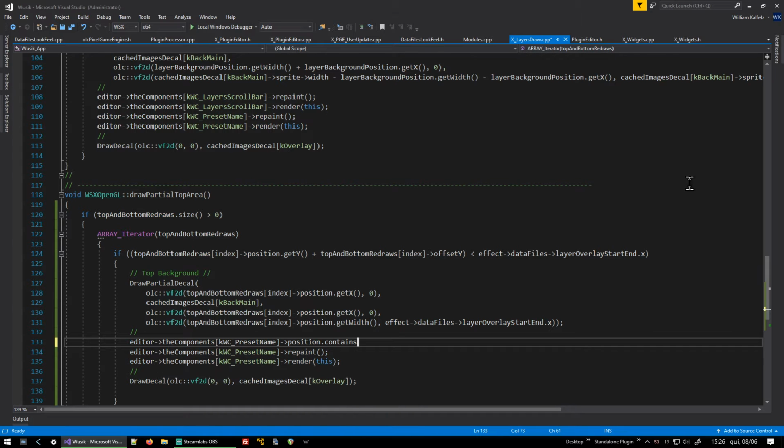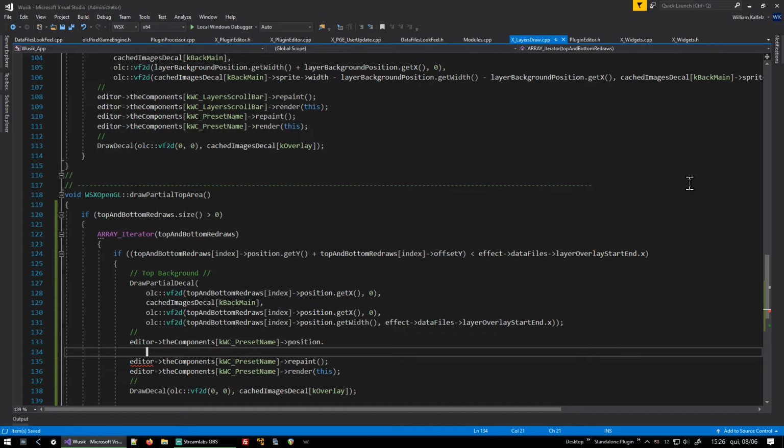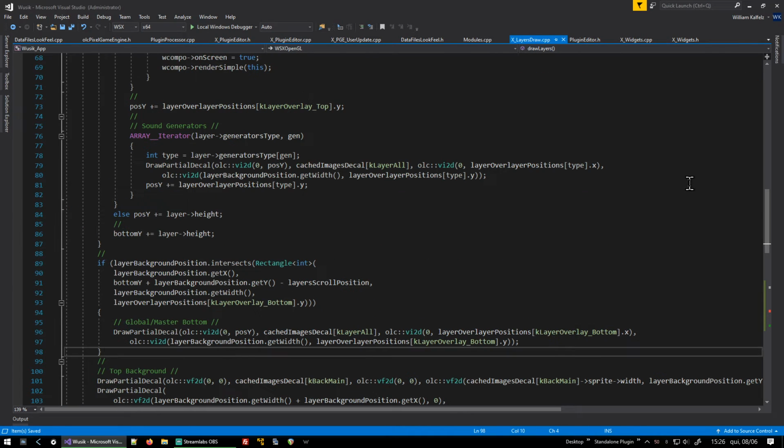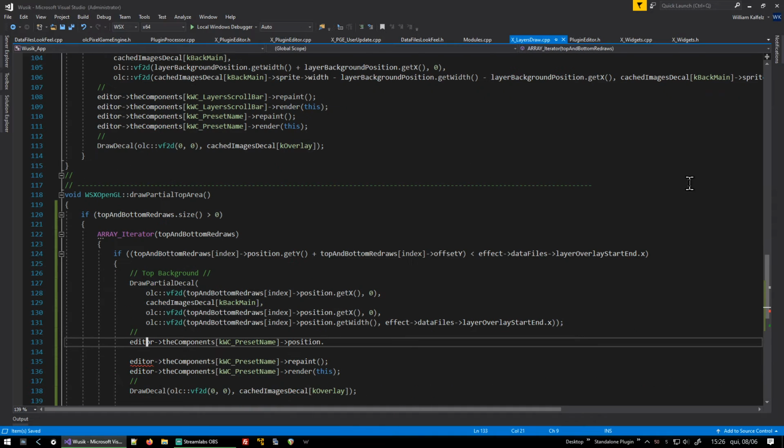I always get confused by this, but not this actually. Intersects. Intersects with another rectangle, which can be